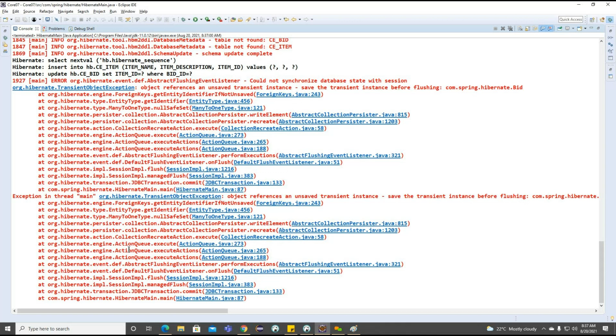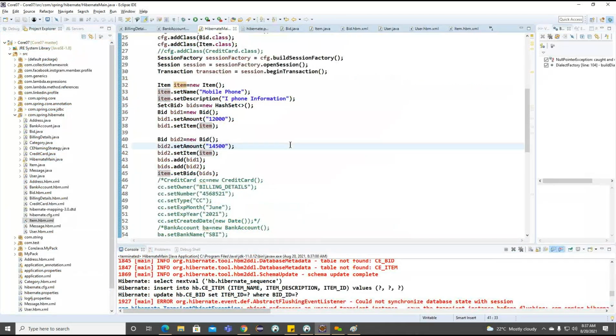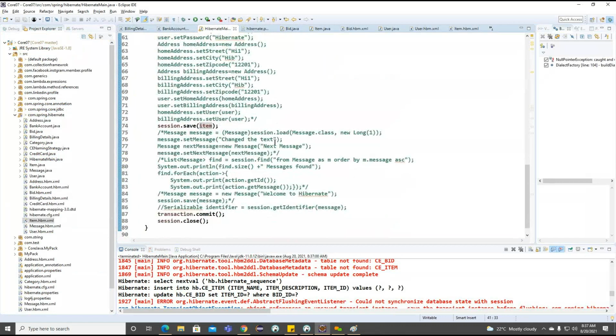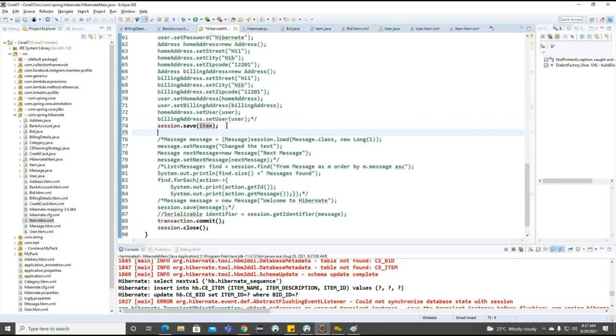Basically, now if you observe here, we are getting an error because on one side we saved the object here, but on the other side we did not save the object here. Okay, now what we can do to save the other side here, can we add bids here?